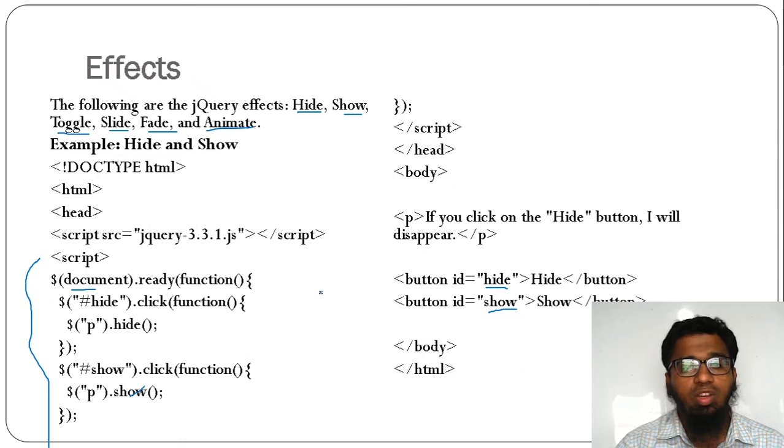Whatever this paragraph is, you need to show it. This is a simple one, and we will write this in the HTML code in the notepad.